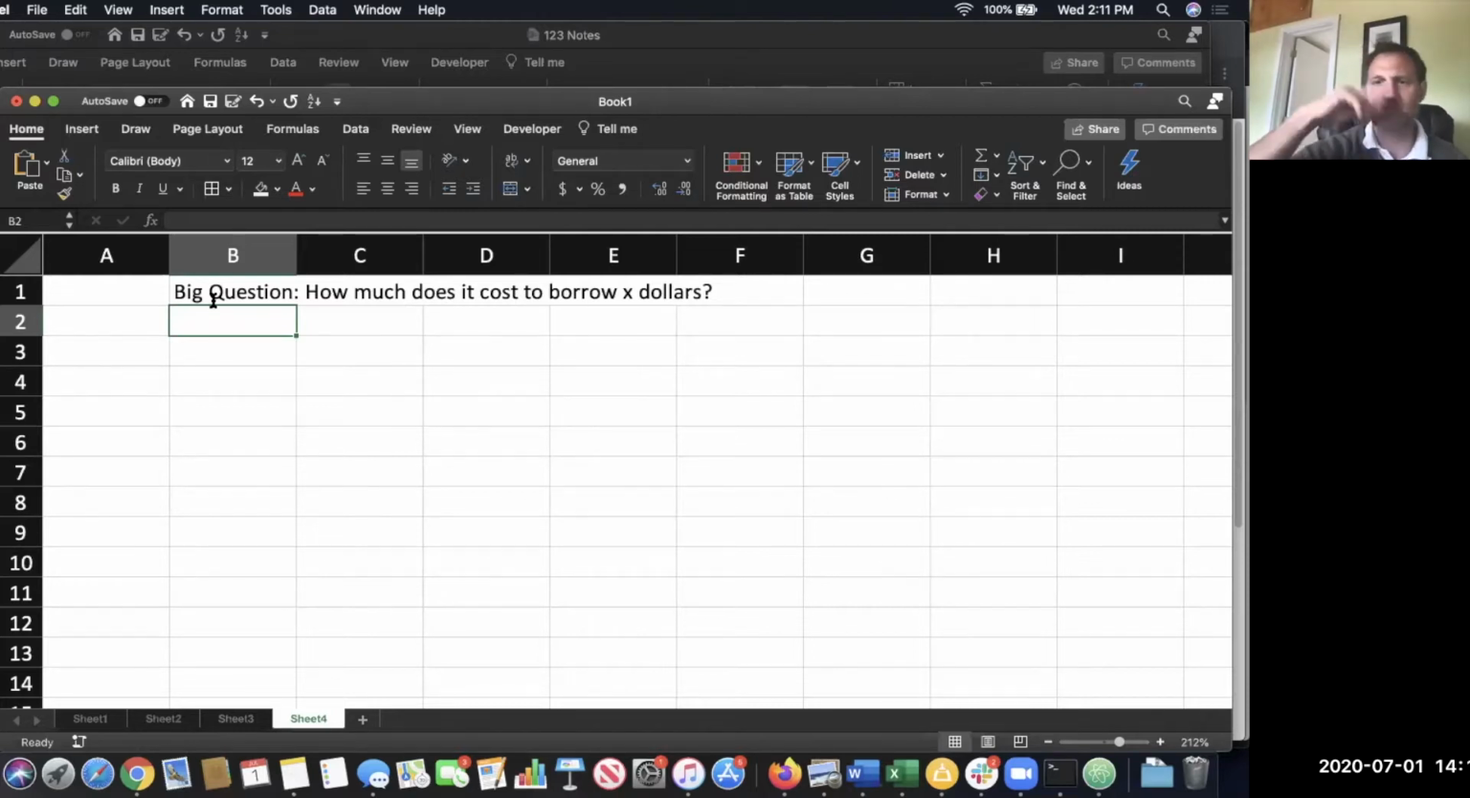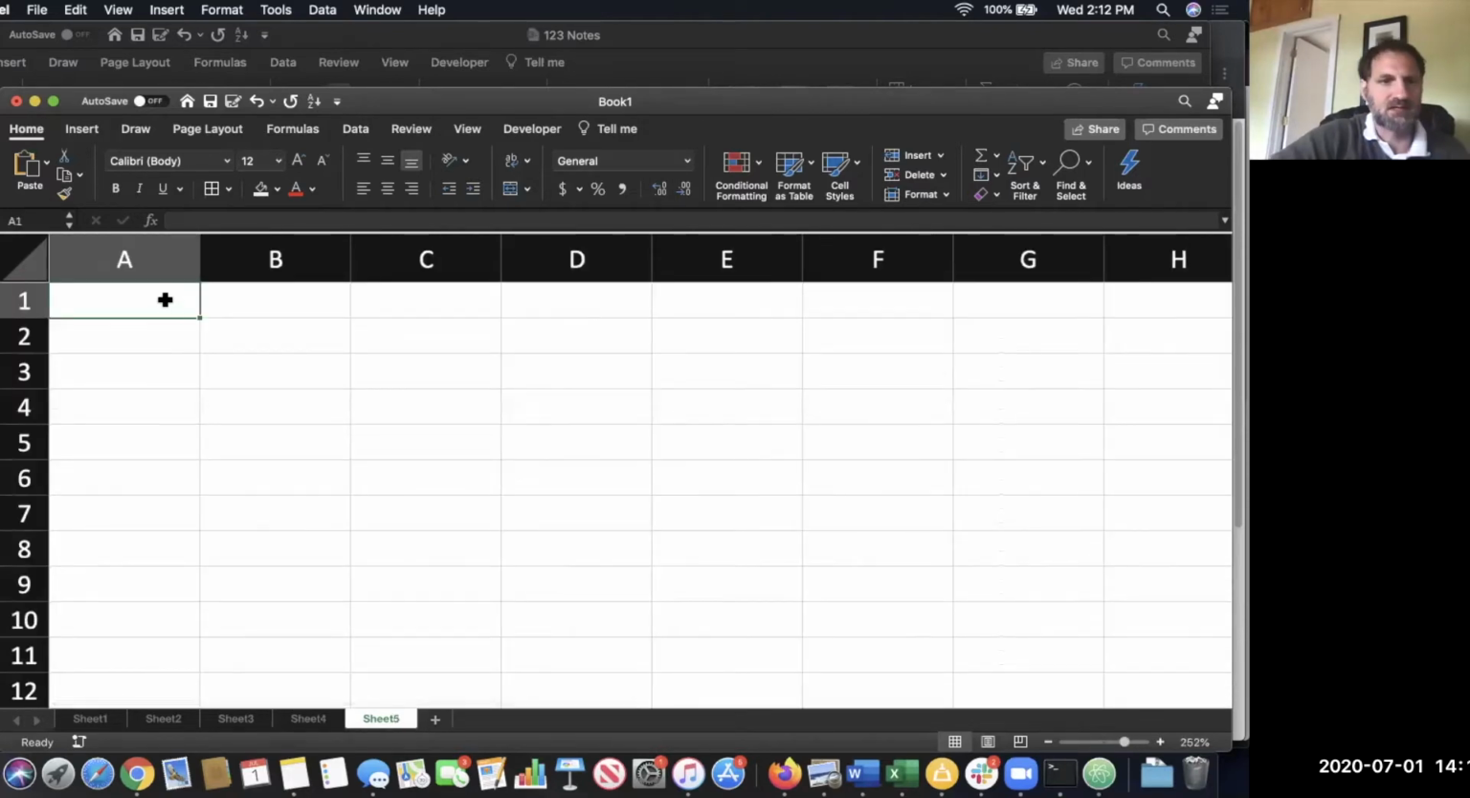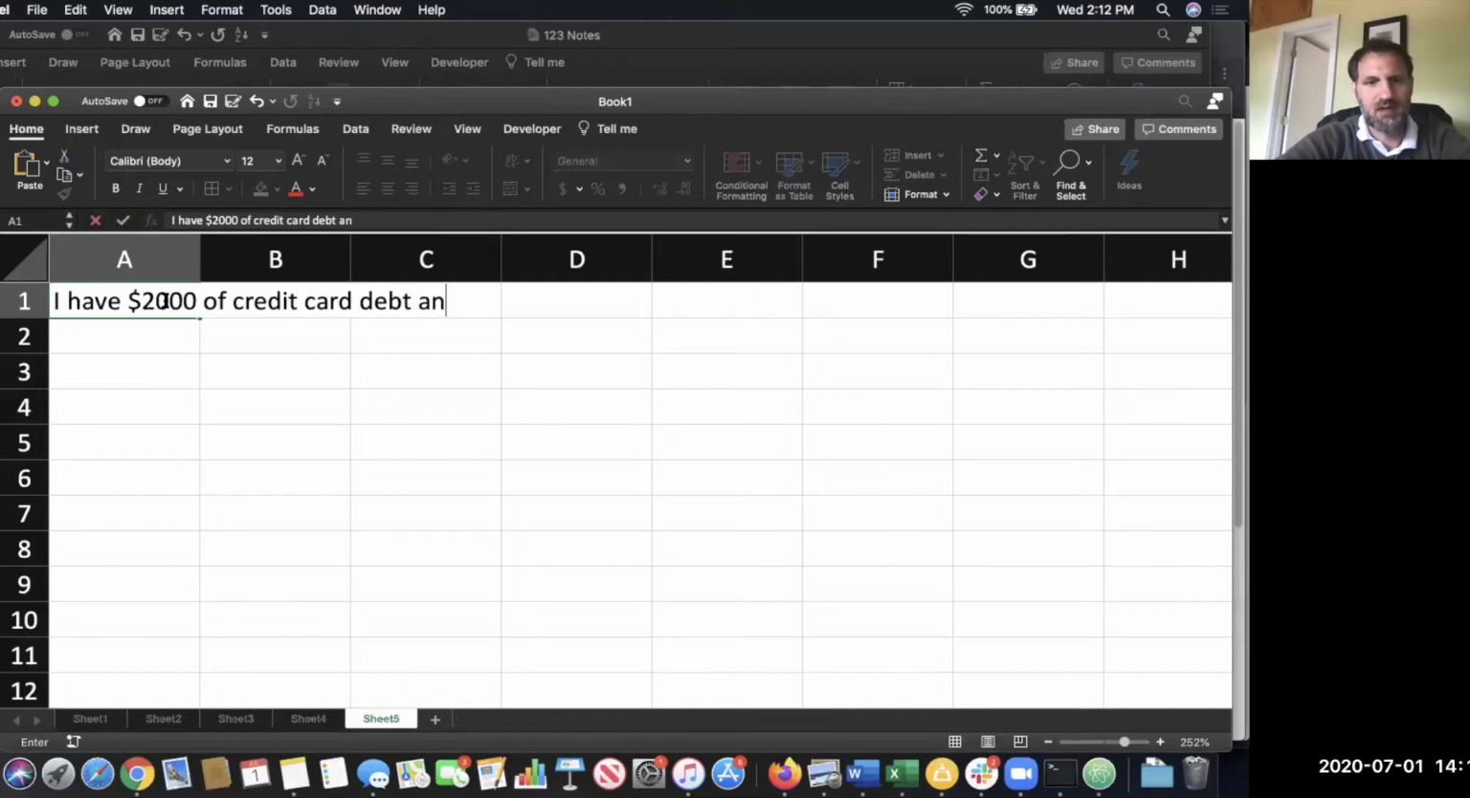And so you want to understand how this works, and the basic structure of a credit card payoff can be used for all kinds of loans. So it's a good place to start. So let's start with a basic scenario. I have $2,000 of credit card debt, and I have an interest rate of 13.5%, which is